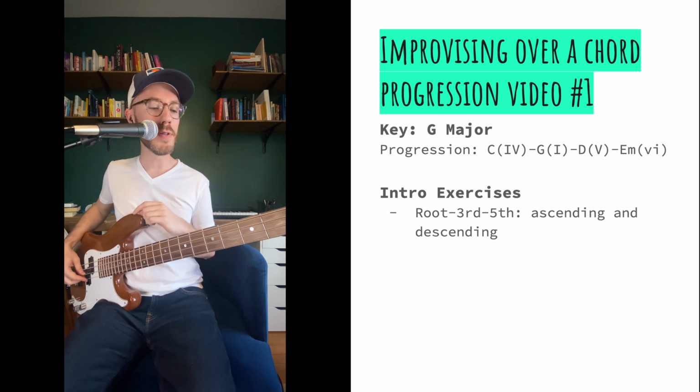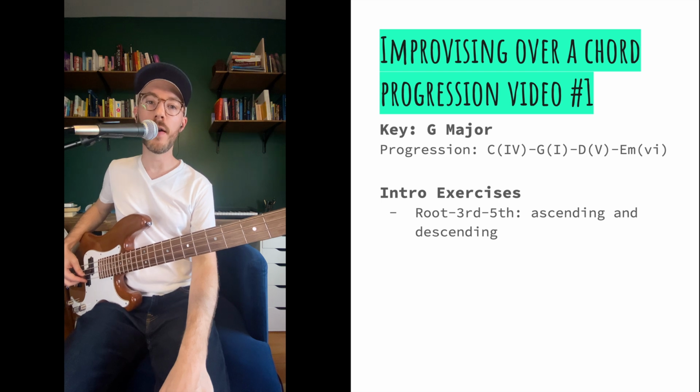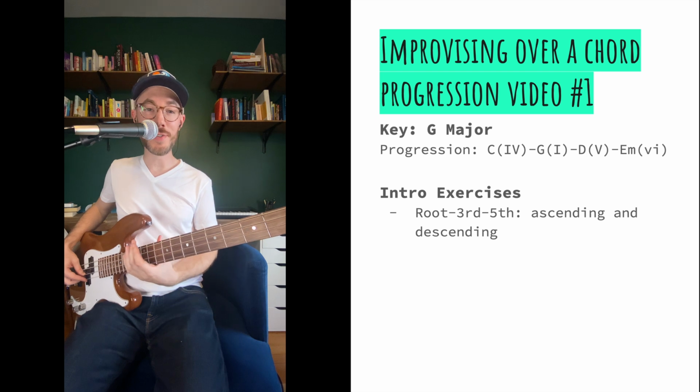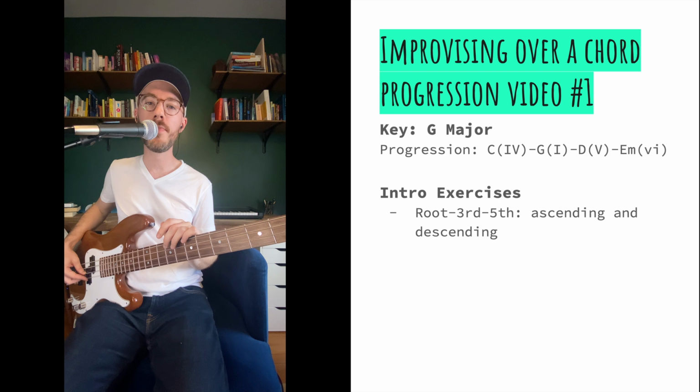Actually, a quick note before we do it. When we descend through this, we are going to be starting on the fifth of the chord. Now, here's where this gets valuable. And even though you might already know these shapes, this is where you're going to get some value by really